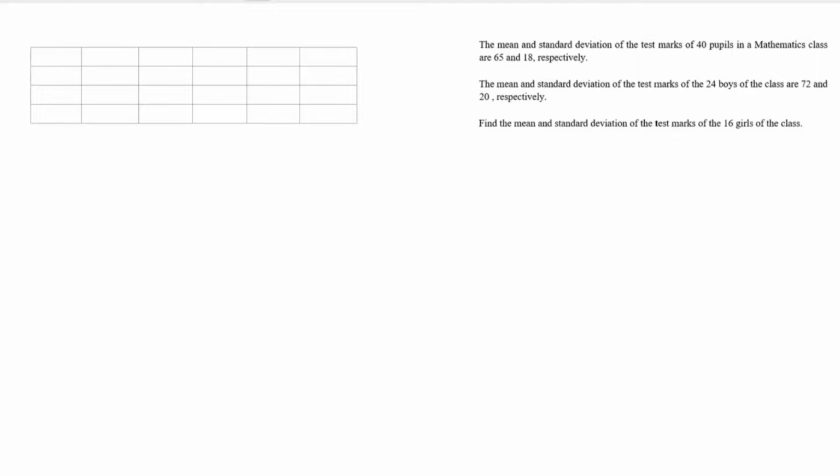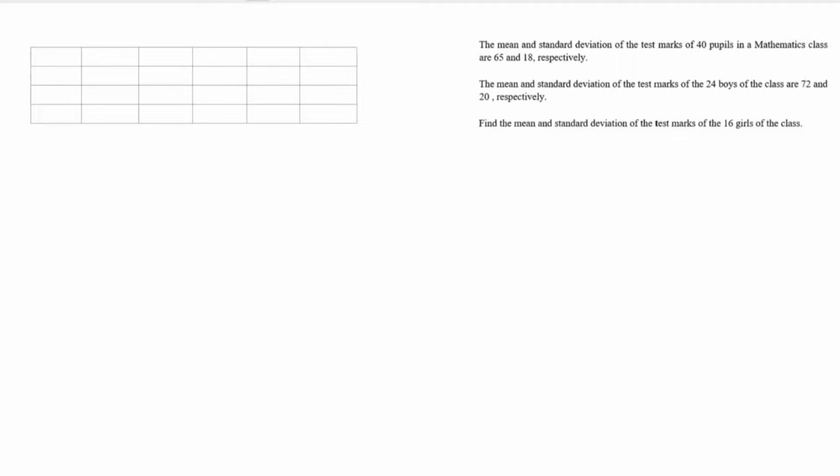So in this question, we've been given the mean and the standard deviation of the test marks of 40 pupils in a maths class. And those values are 65 and 18 respectively. So the mean is 65 and the standard deviation is 18. The mean and standard deviation of the test marks of the 24 boys of the class are 72 and 20 respectively. And we've been asked to find the mean and standard deviation of the test mark of the 16 girls